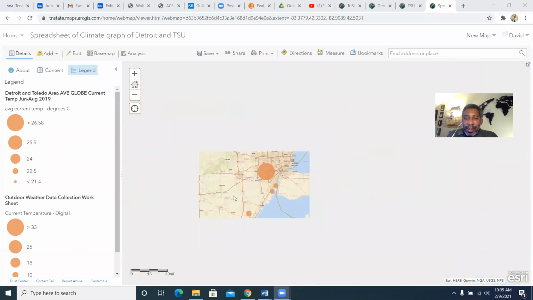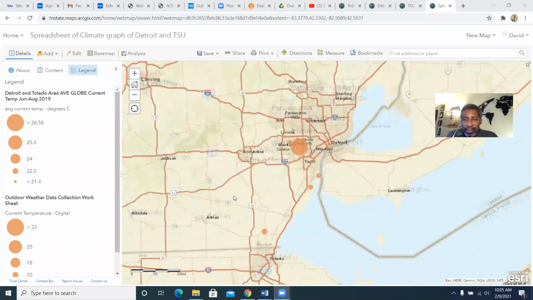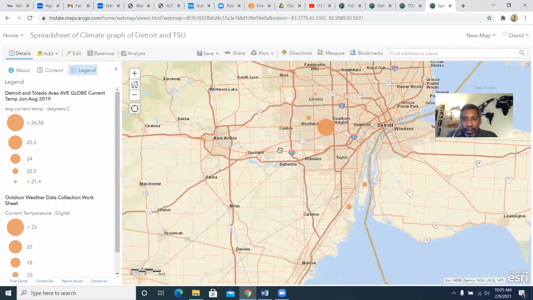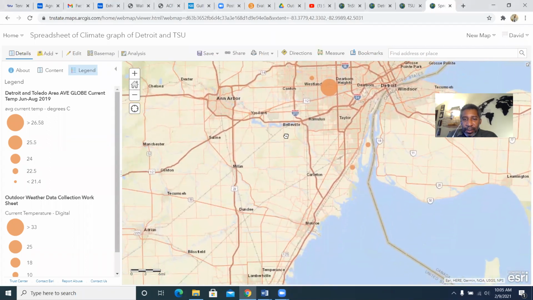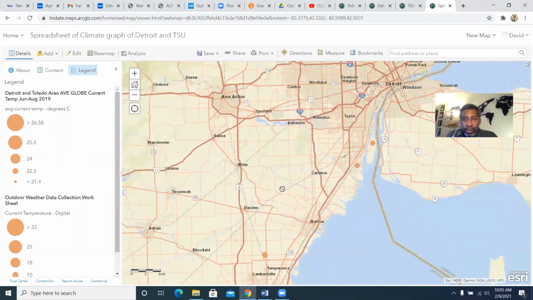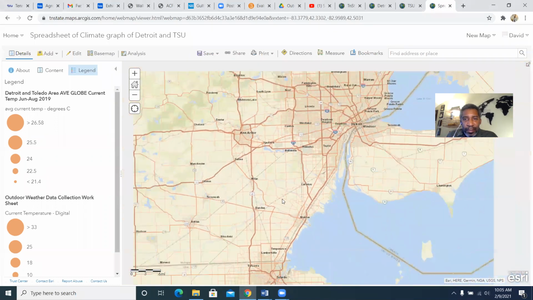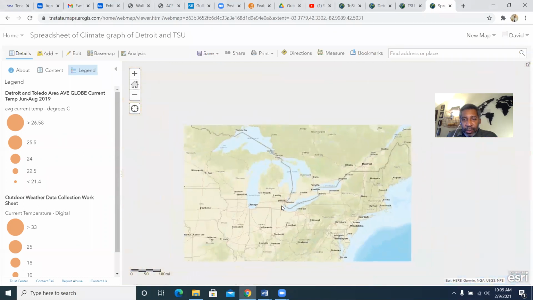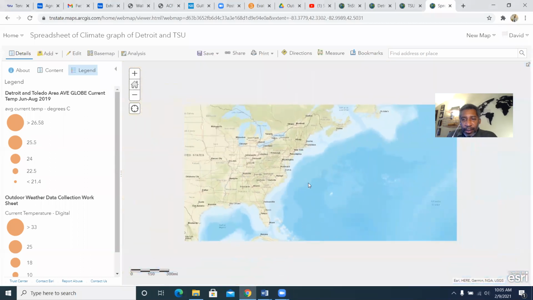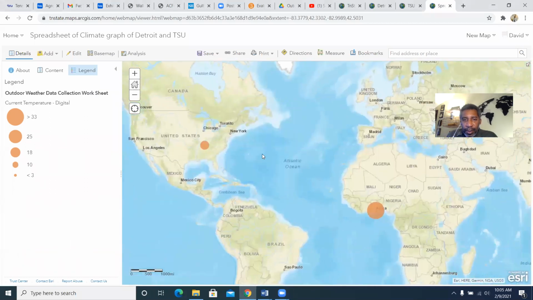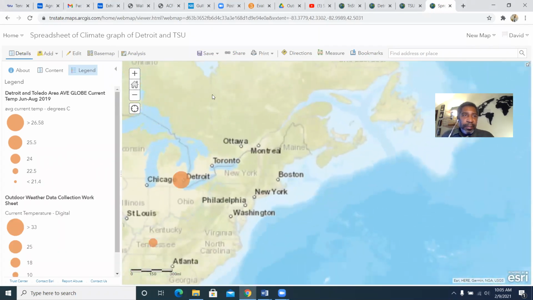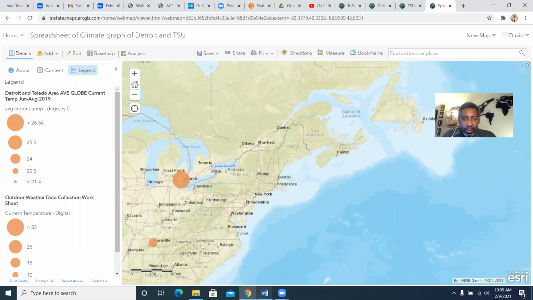All right. So here we have Garrett's map, and he has the data for the various Globe schools in Detroit. And if we zoom out, we also see that he has the data for the outdoor weather collection. And so if we go back in,